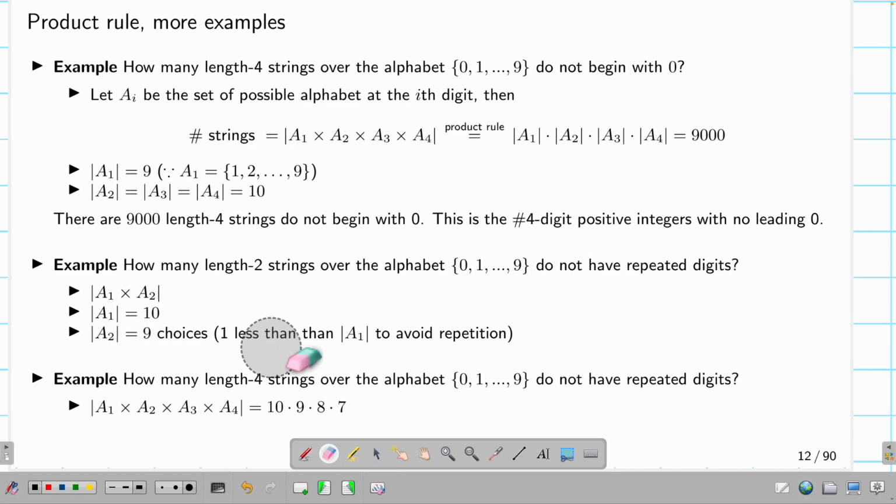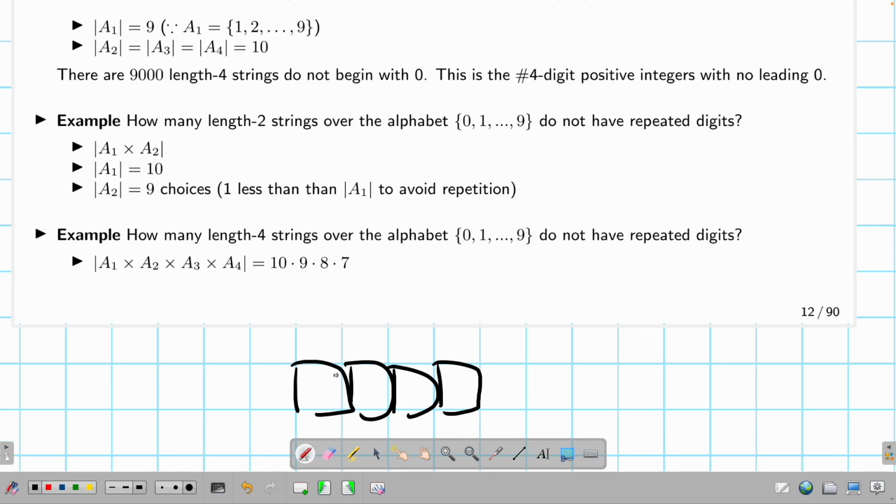How many length 4 strings over 0 to 9 do not have a repeated digit? Again, you have 4 boxes. The first box has 10 choices, 0 to 9. The second box has 9 choices because one of the digits has been used in the first box, so you cannot use that one. Otherwise, it's repetition. And then, by the same logic,